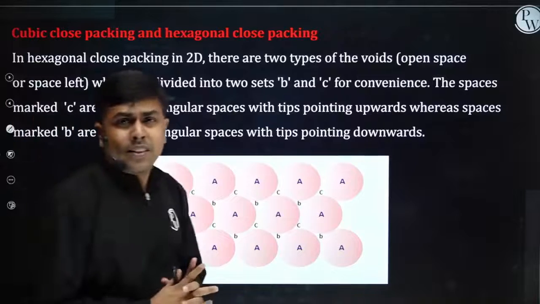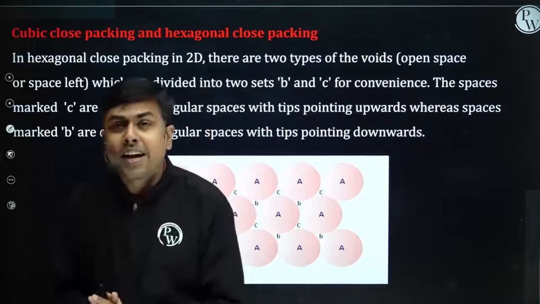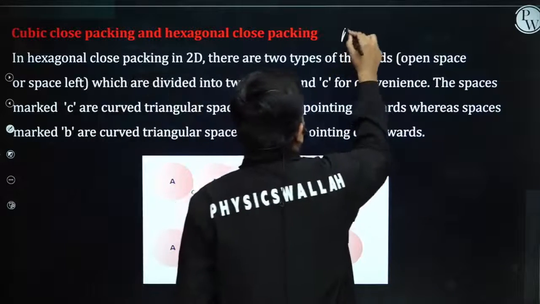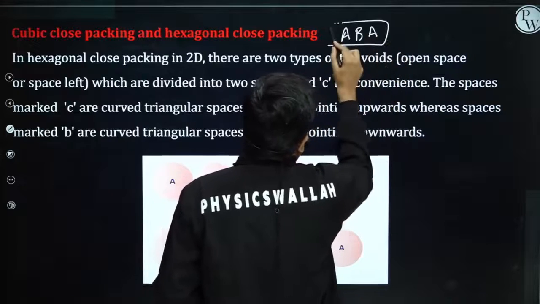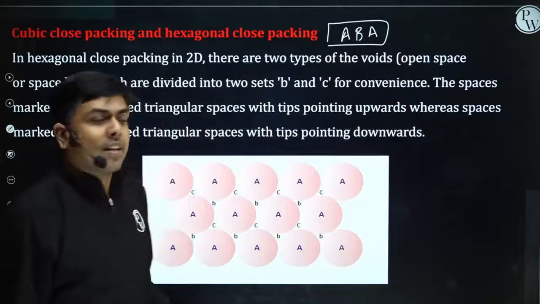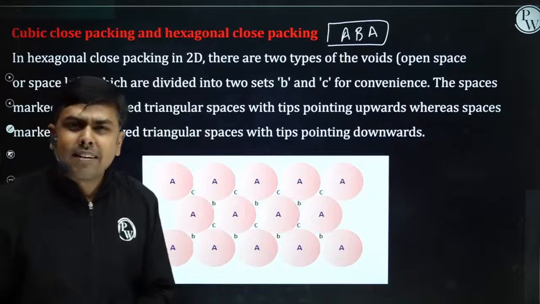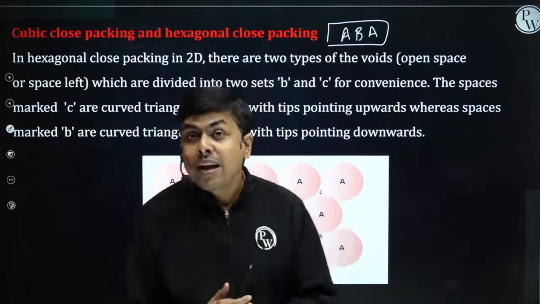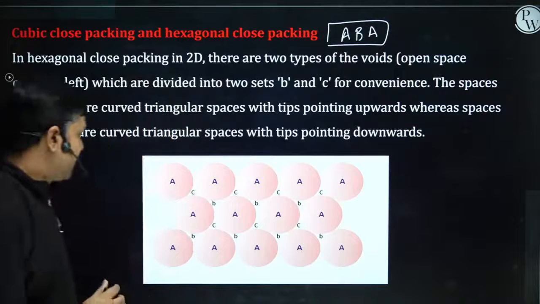Now, the second type of packing in 3 dimensions is referred to as AB packing. ABA we can say. So we will have AB type of packing here. It's similar to close packing in 2 dimensions when we were doing hexagonal arrangement. Am I clear? Let's focus here.